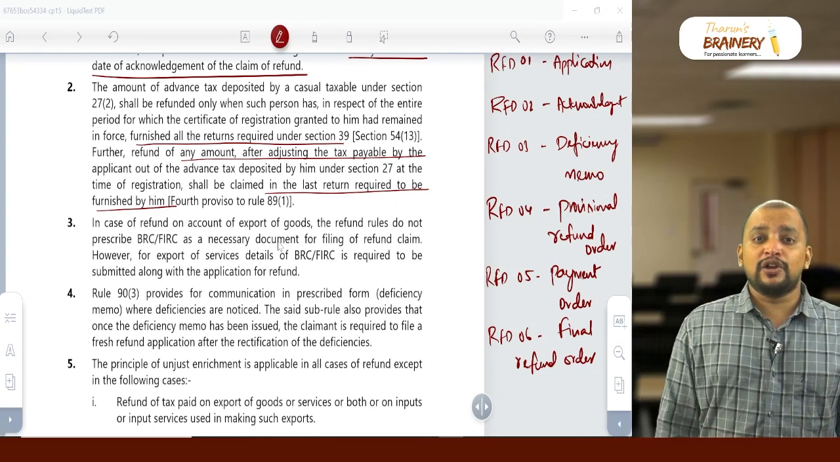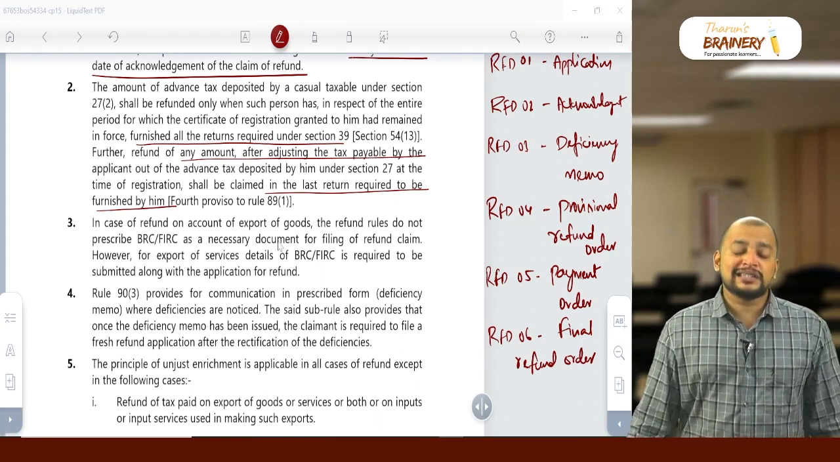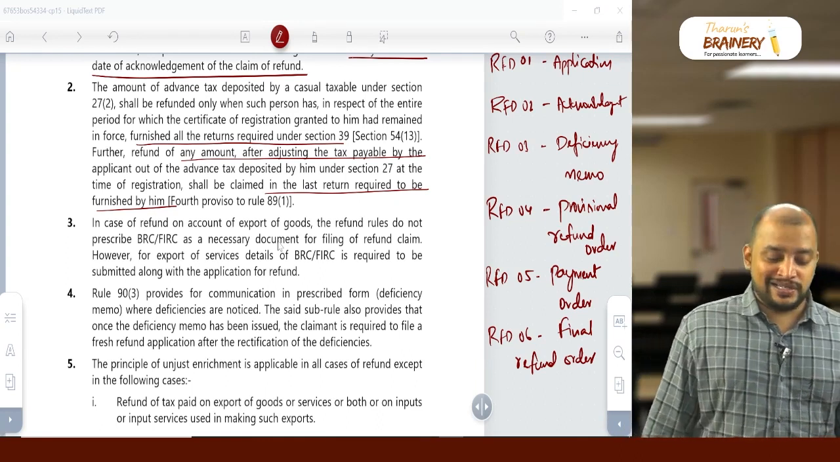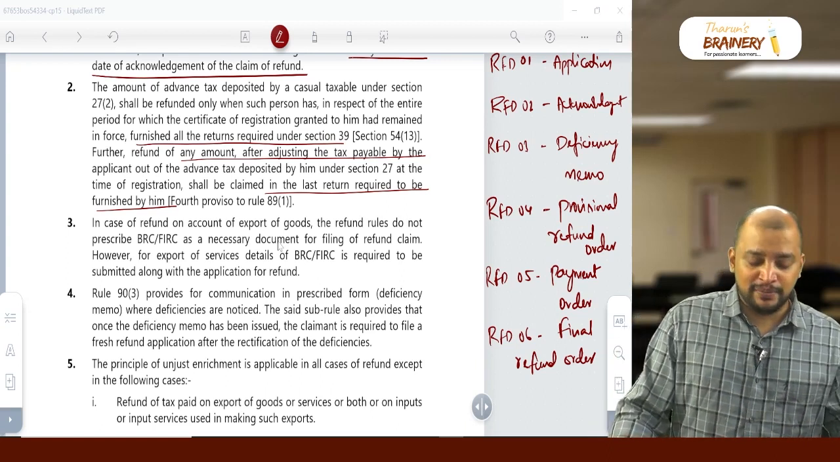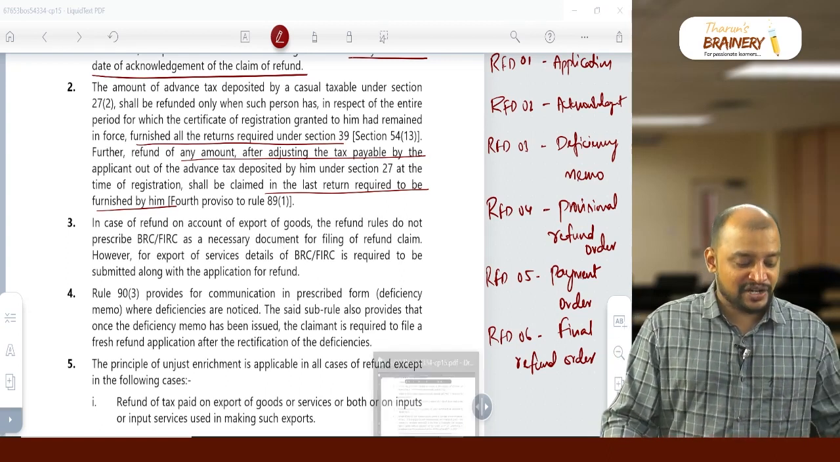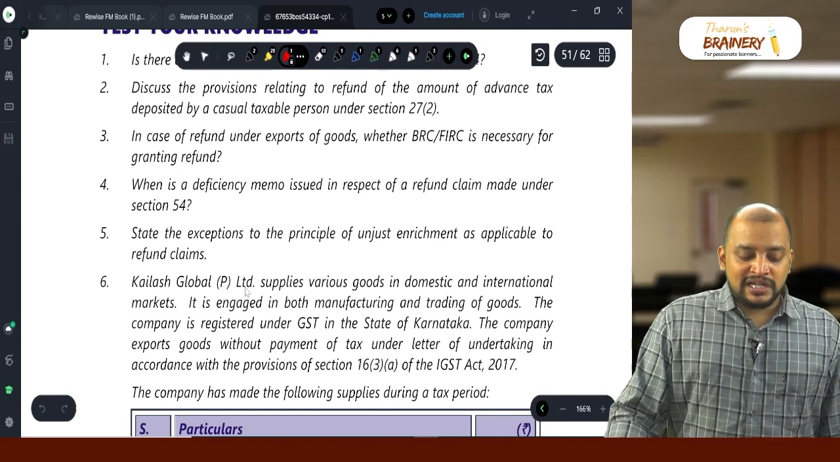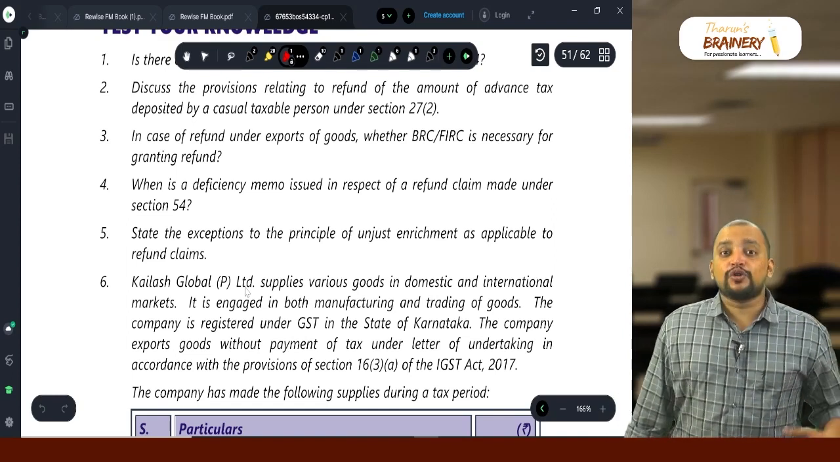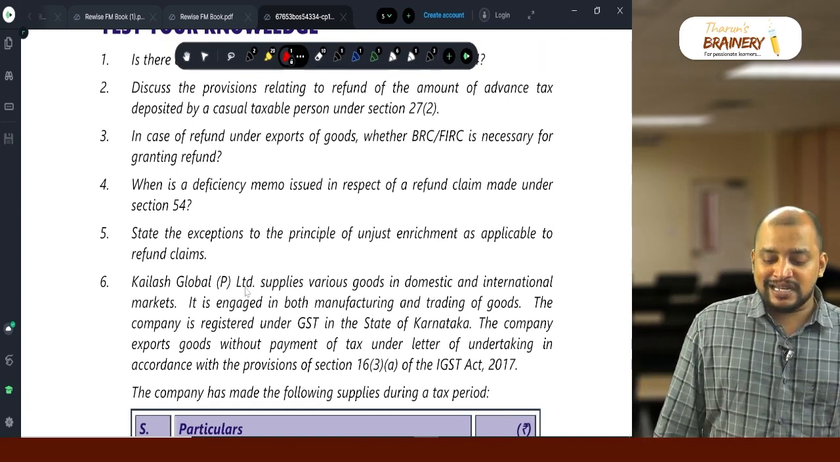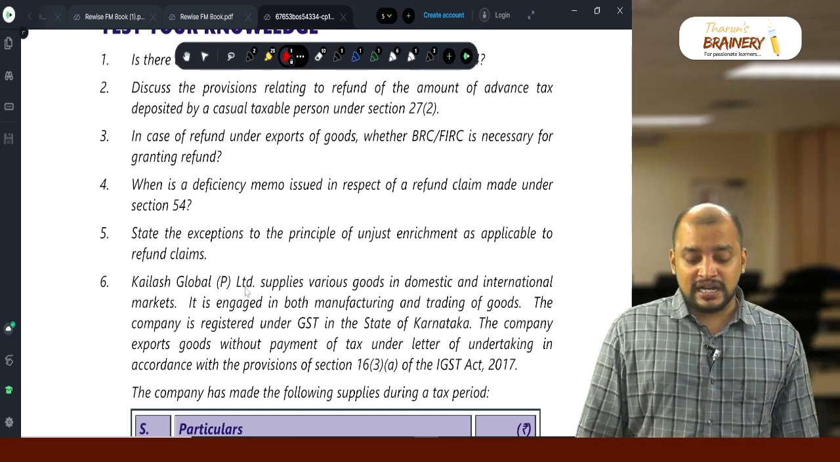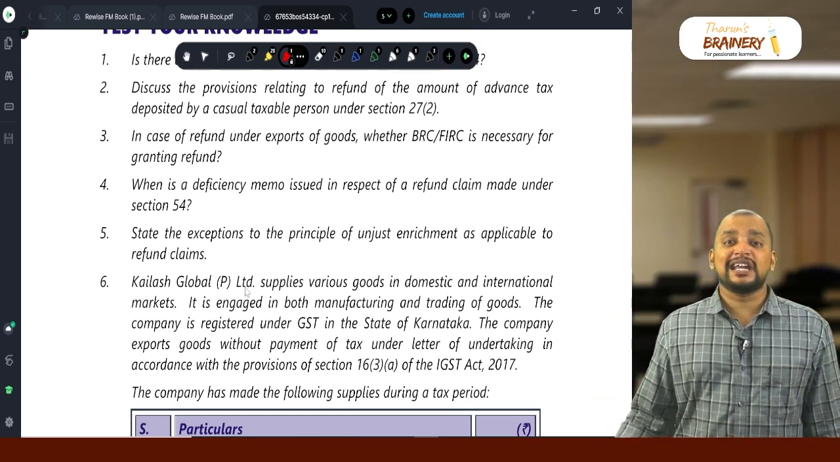So first, time limit is not applicable, and second, it is not subject to unjust enrichment. Then these are the two amendments you need to remember related to refund from cash ledger. Third question: in case of refund under export of goods, whether BRC, Bank Realization Certificate, or FIRC, for Foreign Inward